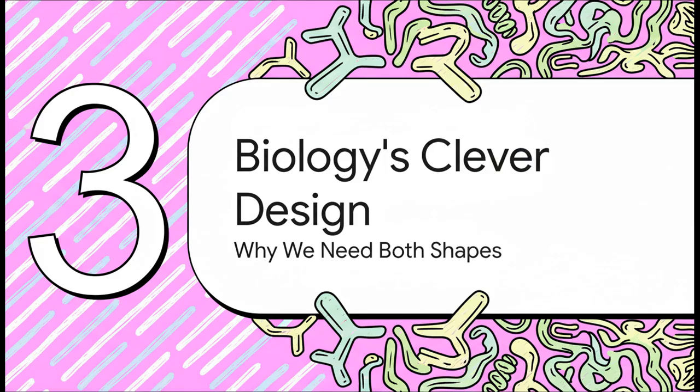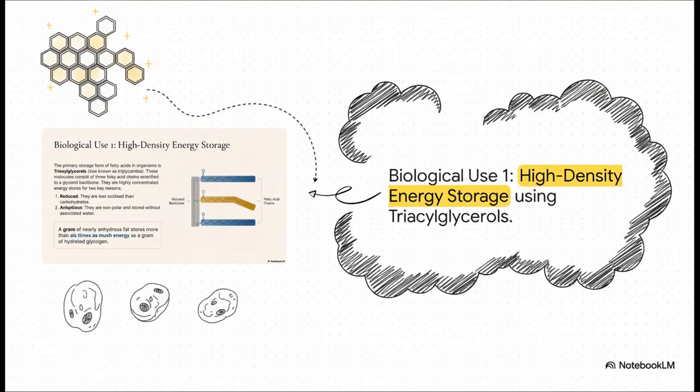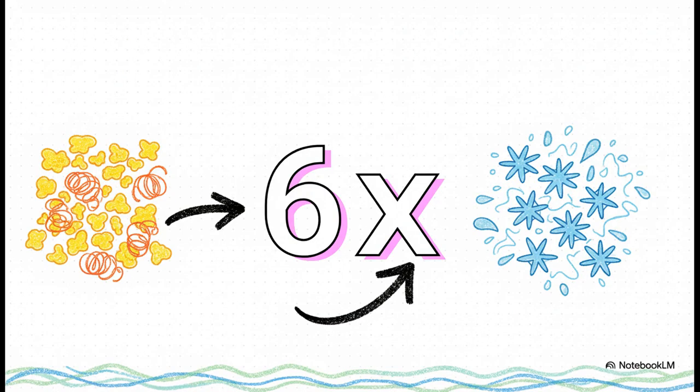But biology is way smarter than that. It has an incredibly clever use for both of these shapes. In fact, our bodies absolutely need both of them to function. First up, energy. That dense packing of saturated fats makes them an unbelievably efficient way to store fuel. Our bodies bundle them up into these molecules called triacylglycerols. It's basically the perfect little energy backpack. And just how efficient are we talking about? Get this, 1 gram of fat stores more than 6 times the energy of a gram of carbohydrates. Why? Because you can pack the fat in so tightly without any water,